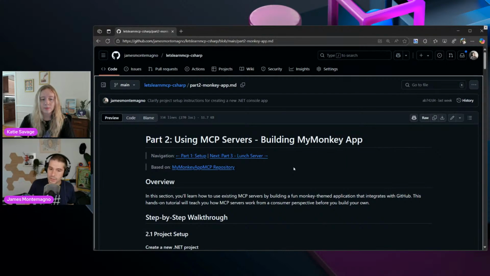In this instance, we're going to build this monkey application. It's going to be kind of fun. It's just a new console application, and we're going to use 2 different servers. I have a monkey MCP server that I built as a reference. I like to call it a fictitious MCP server, but the idea is that it could be connecting to a database. It could be authenticated as your user, so you can pull records from it, insert records, and do a lot of other things. And it could be a remote API. In this case, it's just returning local data, which is good. That's going to run on my machine.